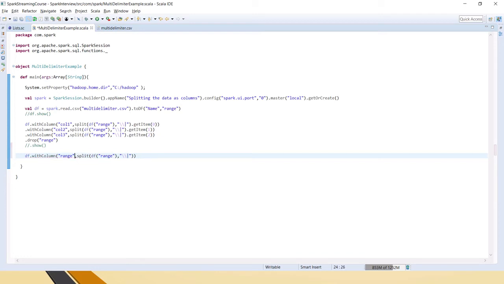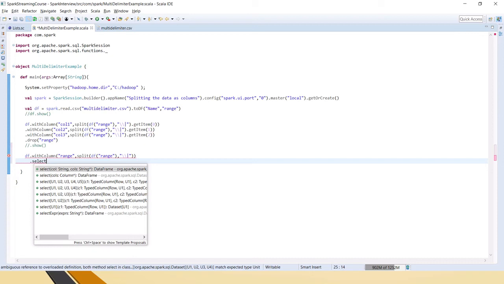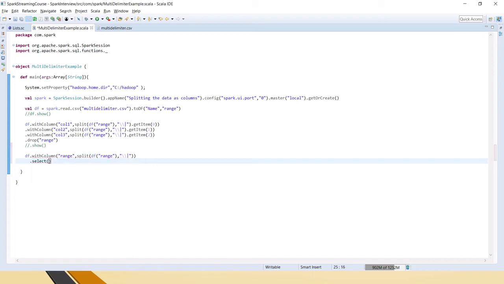Yeah, so now on top of it we have to select. You just watch it carefully. Here, after splitting, we are not coming out of that entire function. We are again doing something here. It is like we are taking all the columns in the select. How many columns does it have now? We are taking all the columns and we are using this operator for appending the original columns with the ones that we just split in the withColumn split function.